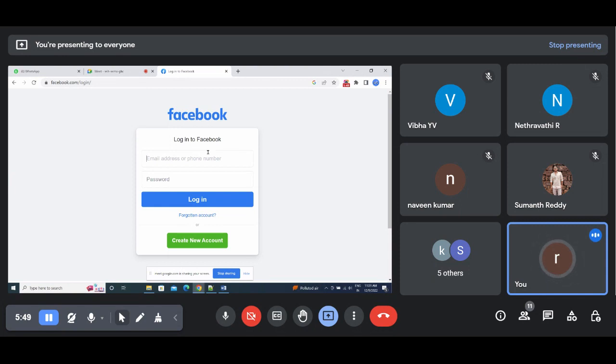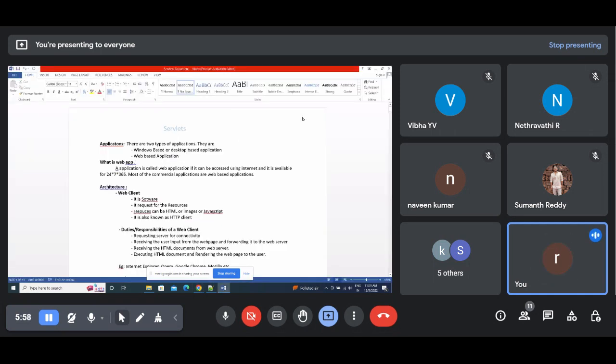What is the responsibility of this client? Once we are entering username and password, it is the responsibility of the web client to read the data, to request the data from the form, and then send it to the server. Now, requesting the server for connectivity is the first part. It is the responsibility of the web client for requesting connectivity and receiving the user input